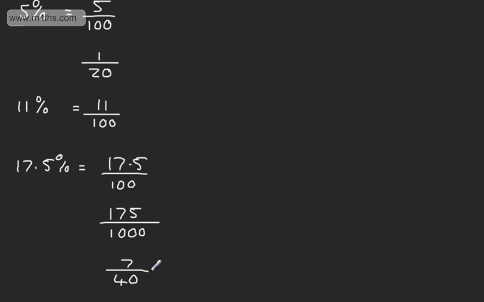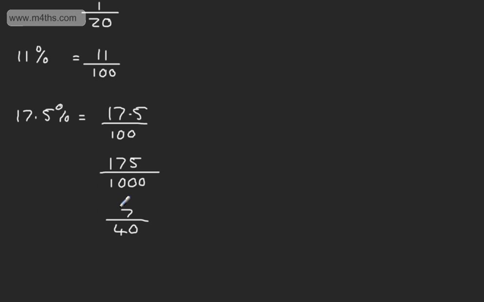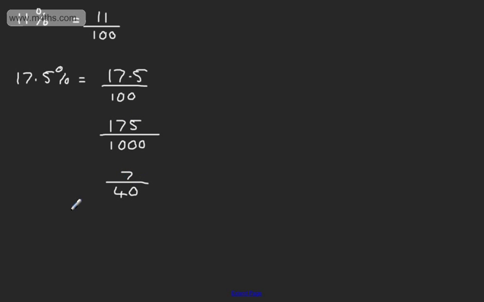So if we wanted to convert now 17.5% to a fraction, we could write this in its simplest form as 7 over 40. If you're unsure about the highest common factor, just break it down. Divide by 5, and just keep dividing down until you get it in its lowest terms. Let's look at